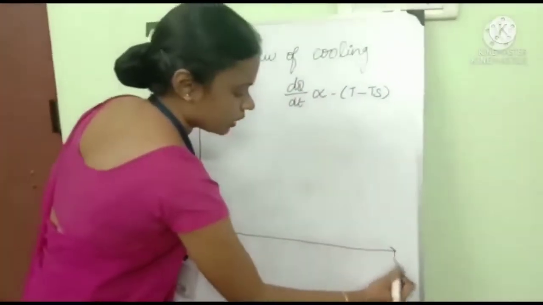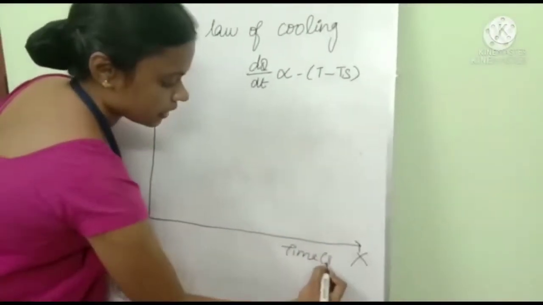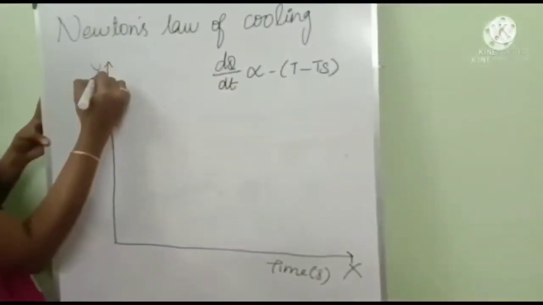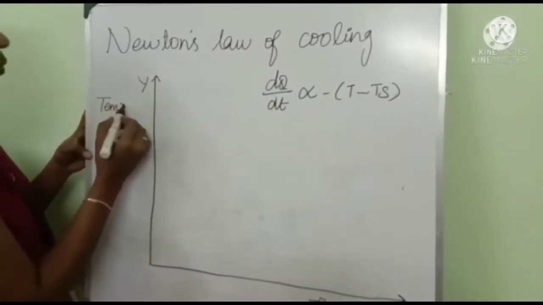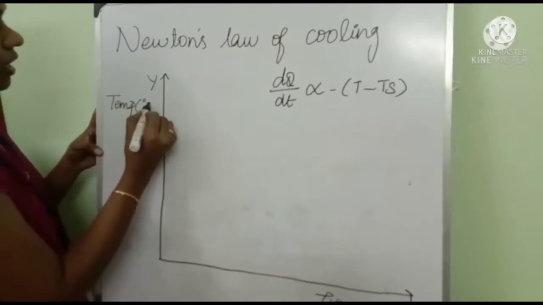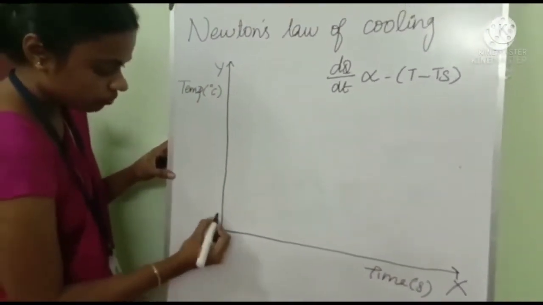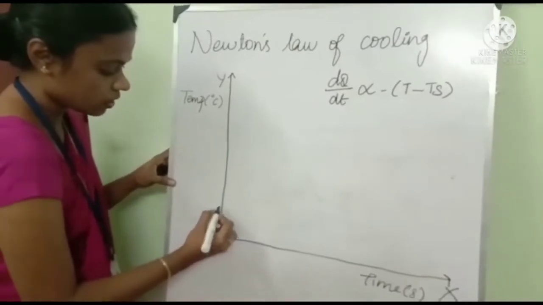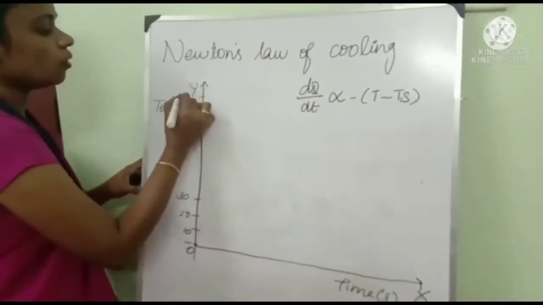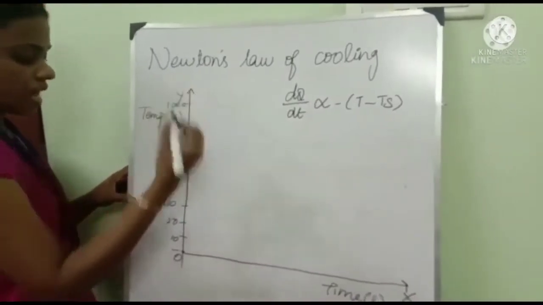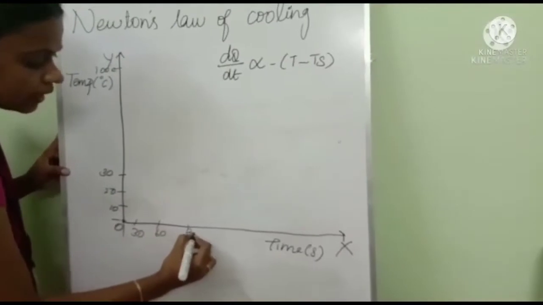Time is a known quantity, so we are taking it on the x-axis in seconds, and temperature is the unknown quantity, and we are taking it on the y-axis in degrees Celsius. And this is the origin, and we can take the values of temperature as 10, 20, 30 degrees up to 100 degrees Celsius, and the values of time to be 30, 60, 80 and up to